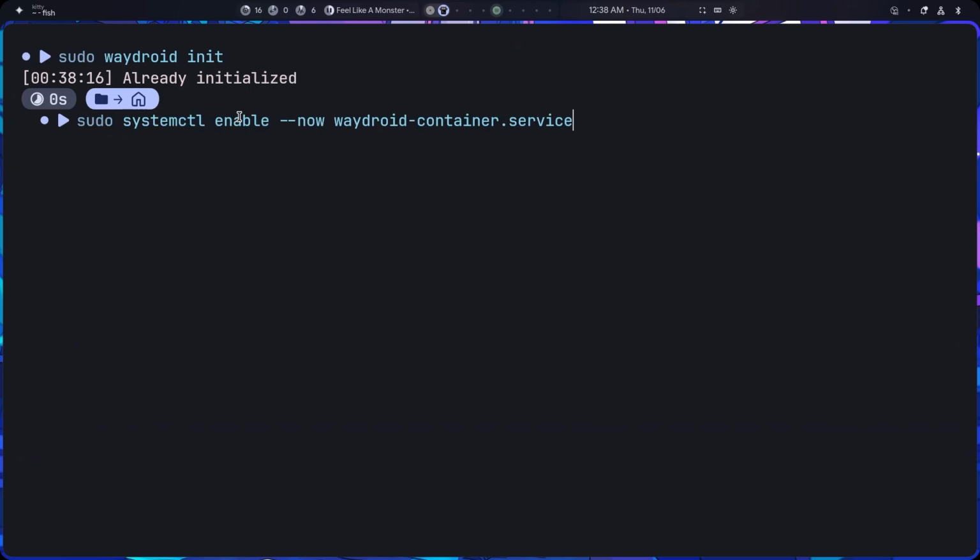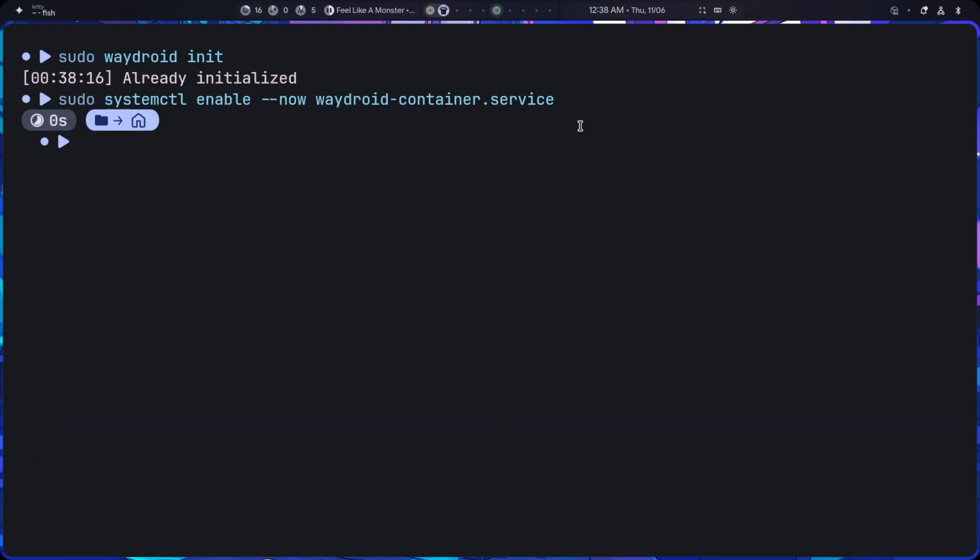Now first thing we have to do is waydroid init. Now I think I need sudo for this. Yeah, sudo waydroid init. So it's already initialized. Now, you can see we did systemctl enable just now, waydroid-container.service. Press enter, and I think it's already initialized, but it should show created symlink or something. Anyway, after that we do